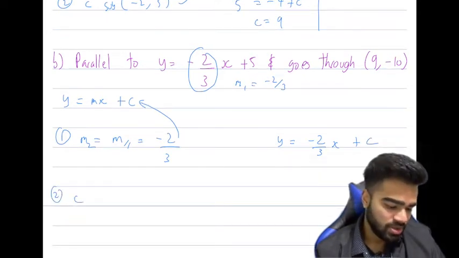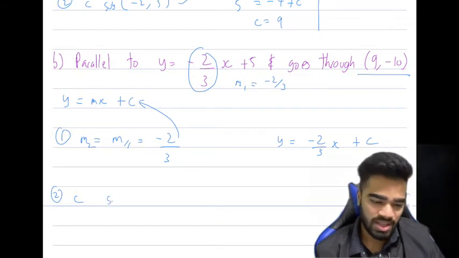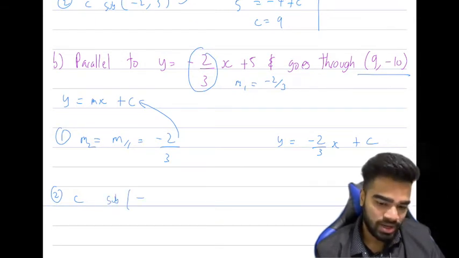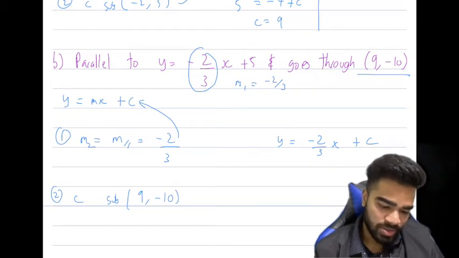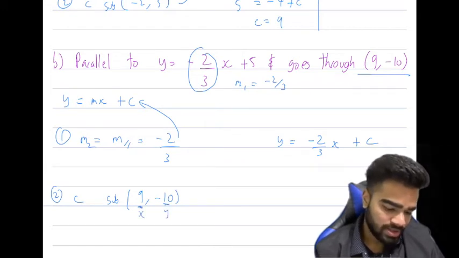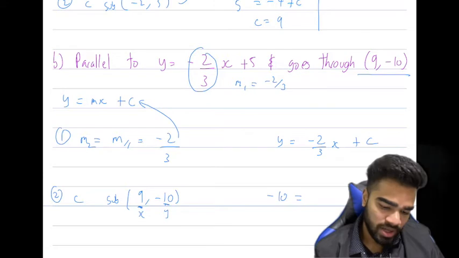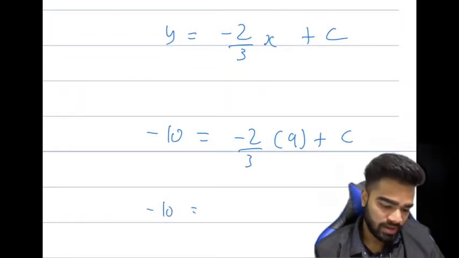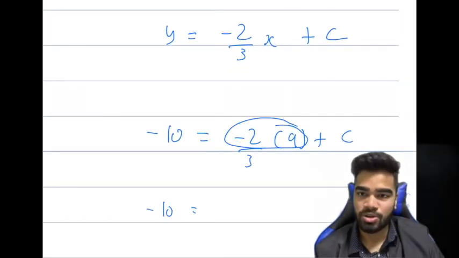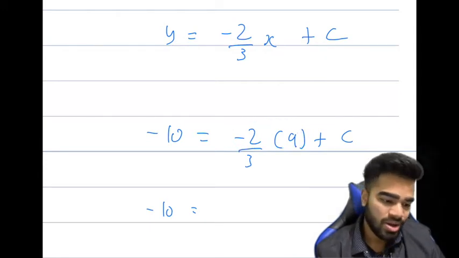So step number 2 is to find c. To find c, it's the same as always. You sub in the coordinate 9 and -10. Remember, this is y, this is x, so y is -10, which is equal to -2 over 3 multiplied by 9 plus c. Then solve for c. You can either multiply the top two and say it's -18 divided by 3,